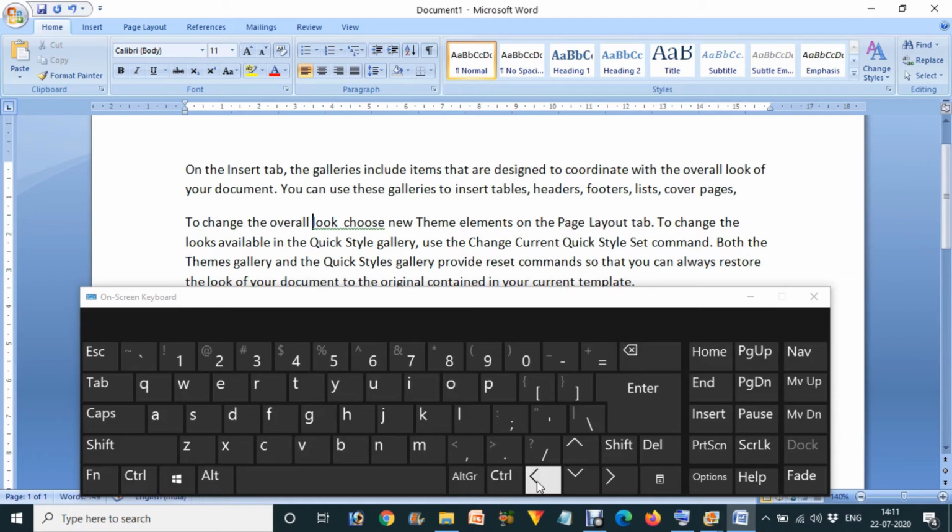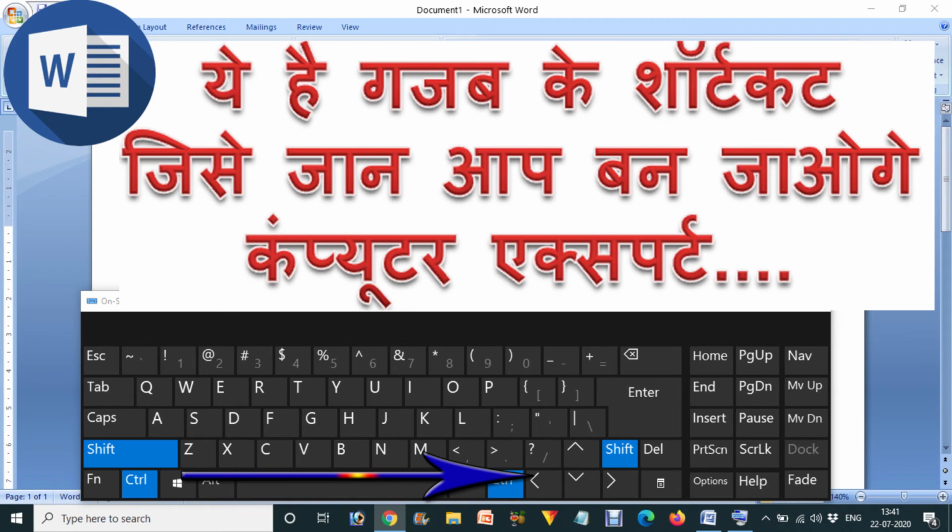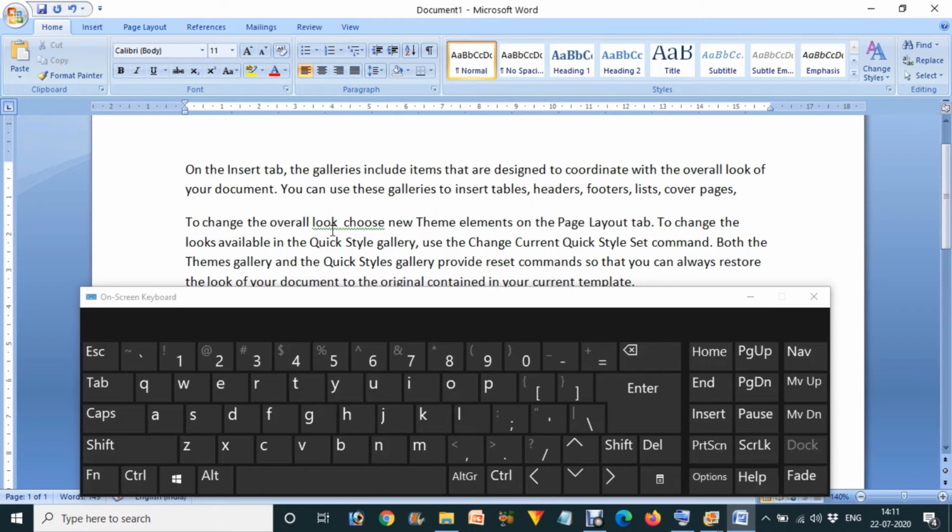I want to tell you how you can shift to the next word. If you want to delete, and don't want to delete this, then what you can do is use Control and the arrow key.